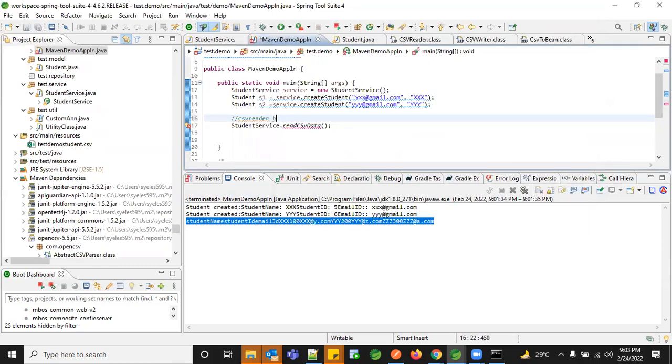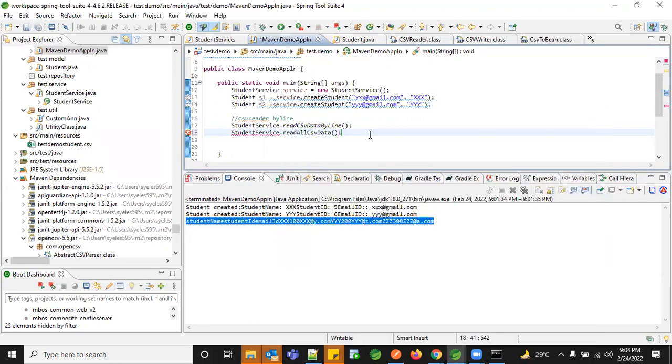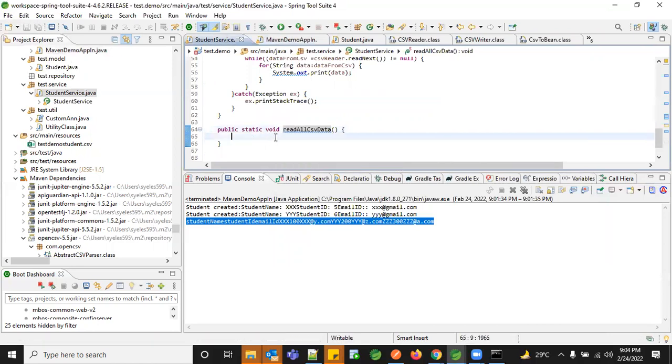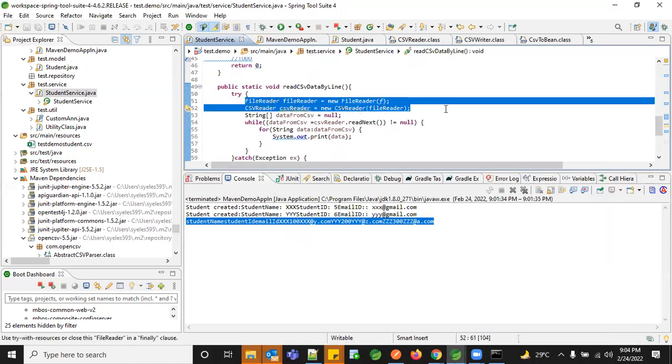So this is what reads by line, like the next line. Now here you have the same thing, so I think it's better to keep everything on. Maybe we need this objects.